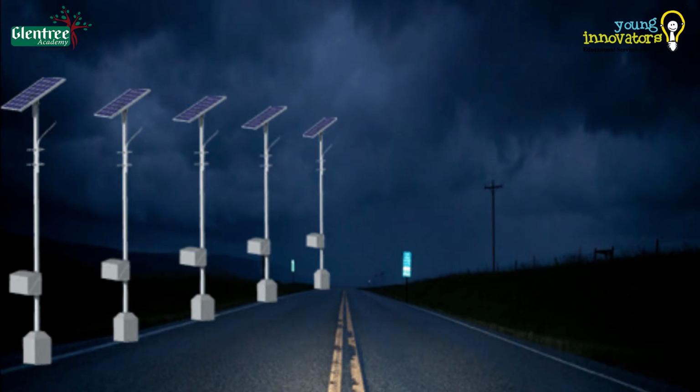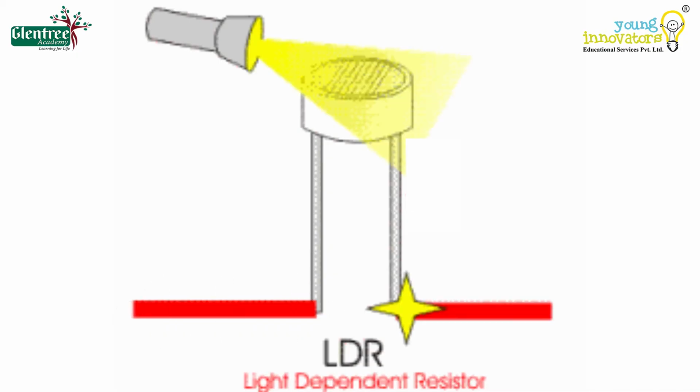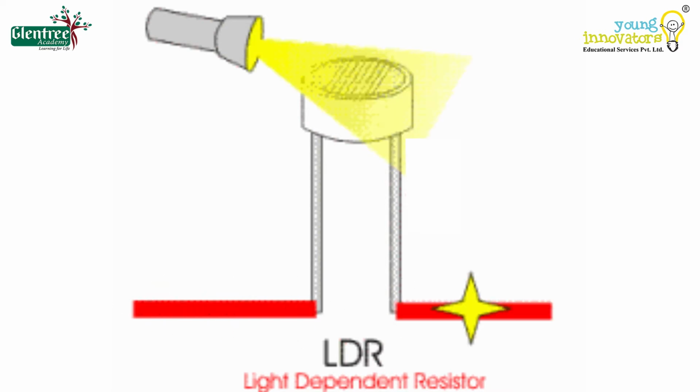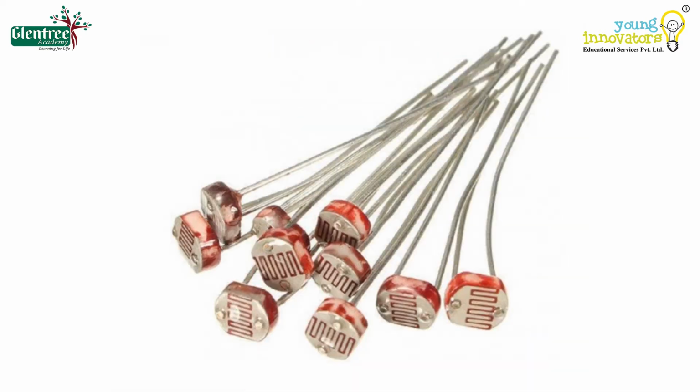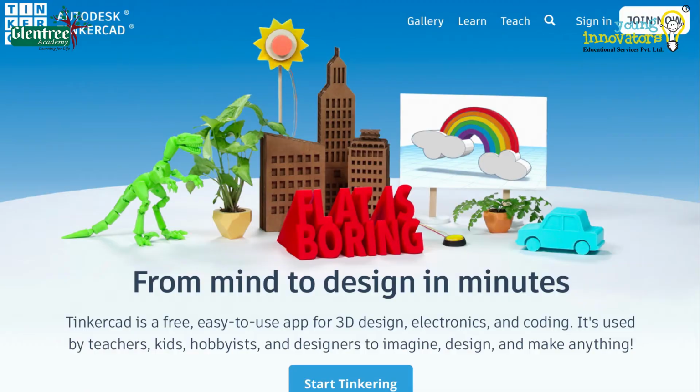While walking through the streets in the evening, we must have noticed the street lights turning on automatically. This is because they have a variable resistor that works based on the amount of light that falls on it. Such sensors are called photoresistors, or can also be called a light-dependent resistor. Let's discuss them and build a few circuits using the same on Tinkercad.